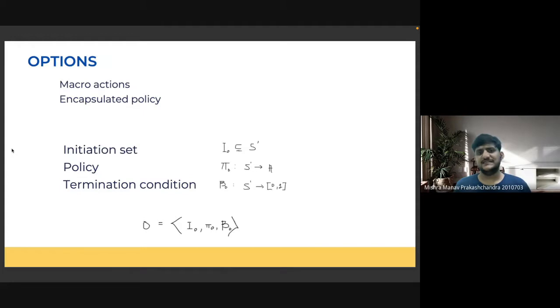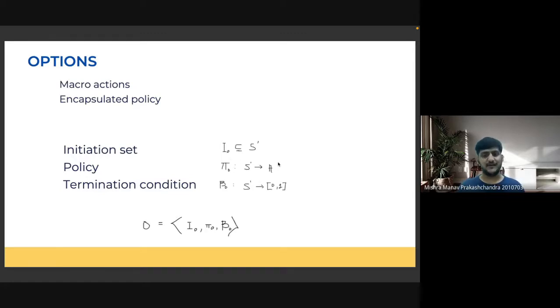So the options framework consists of three different things. First, in order to execute that option, I need to satisfy the initiation set, right? So the initiation set can also be thought of as the preconditions that need to be satisfied for that option to be executed. This initiation set is defined by I naught, and these need to be present in the start state itself.